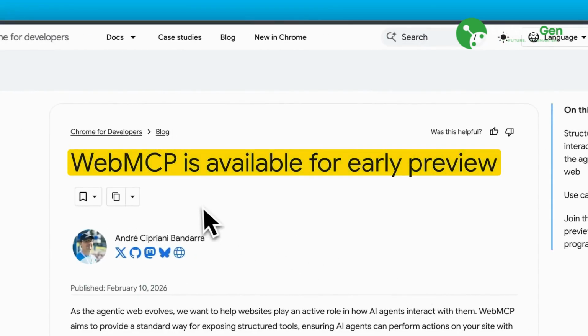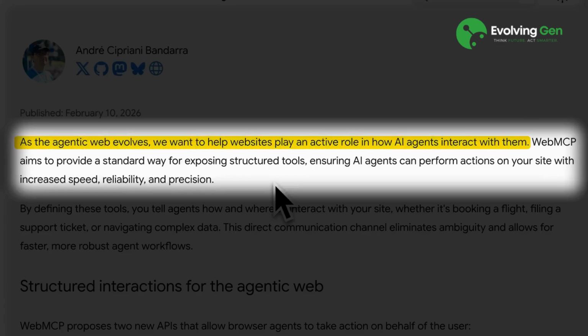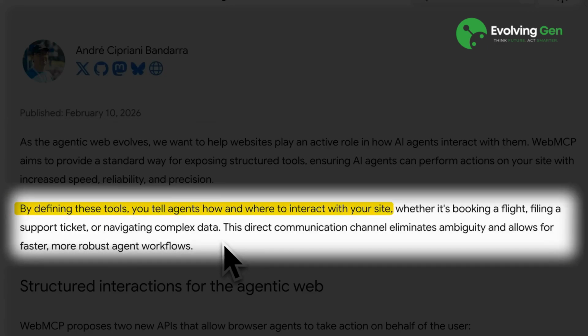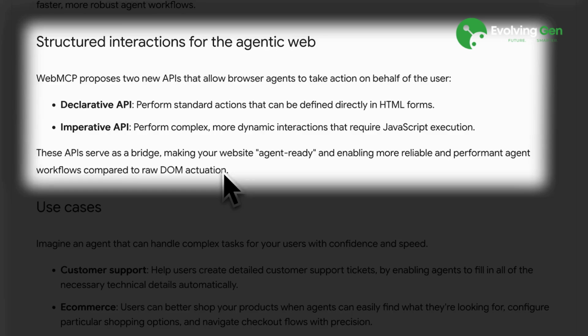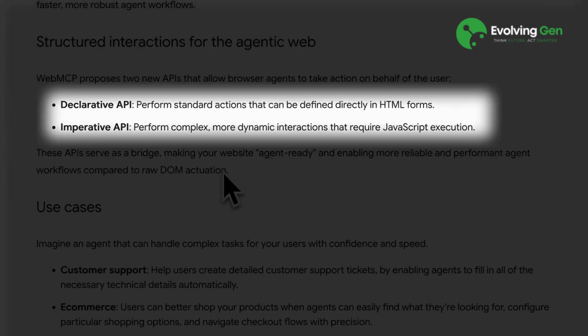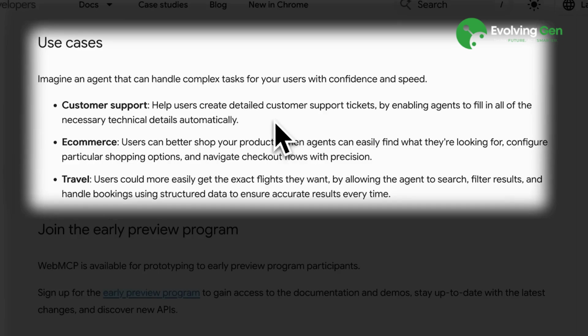Right now, WebMCP is available for early preview only. As the agentic web evolves, websites also need to evolve with it. And as you already saw, by defining those tools, we give these agents better access to interact with our sites. The demo worked because it was a simple HTML form, but most real websites aren't that simple. So WebMCP actually has two different approaches depending on what you're working with. There are two ways that allow agents to take control of the browser. The declarative API is for simple workflows like the HTML forms you just saw. The imperative API is for full-scale web apps with multiple pages, and those require some extra implementation that we'll get